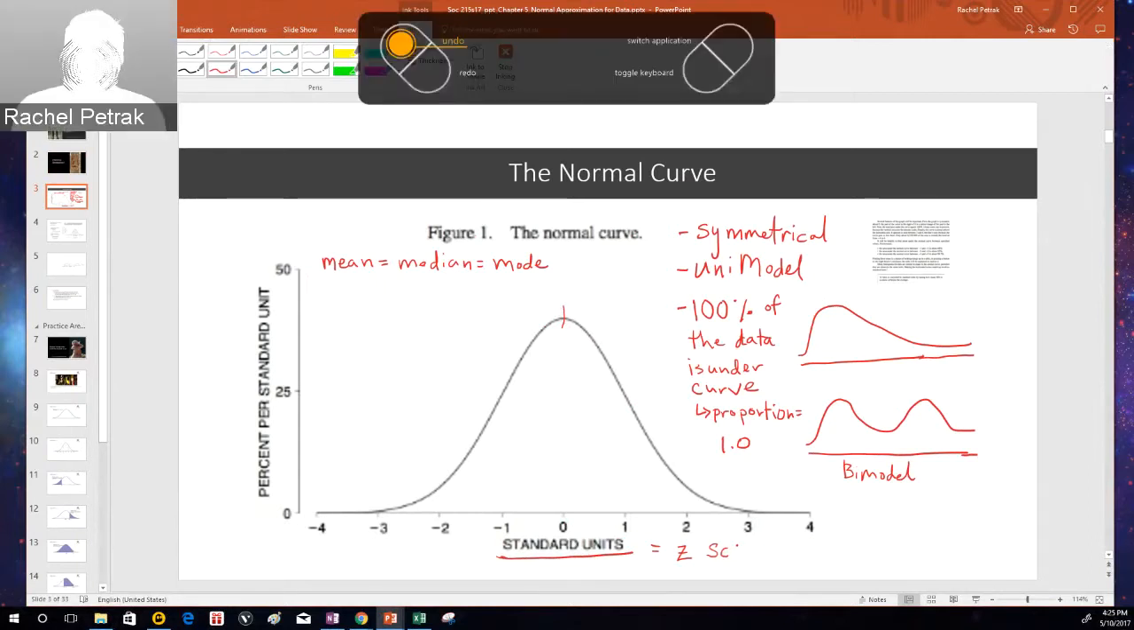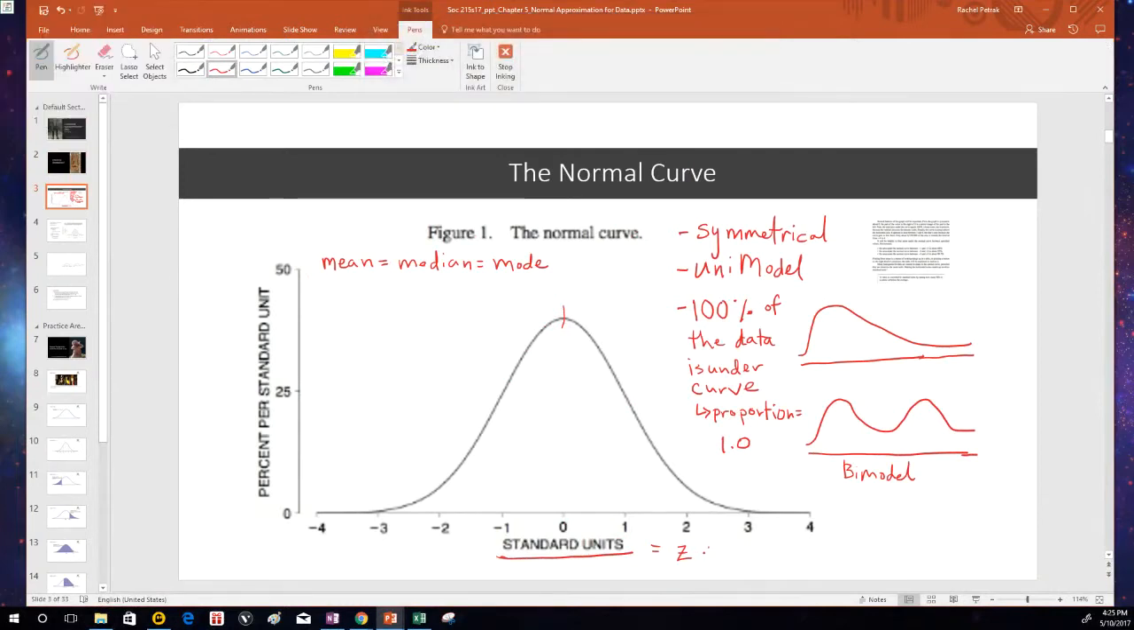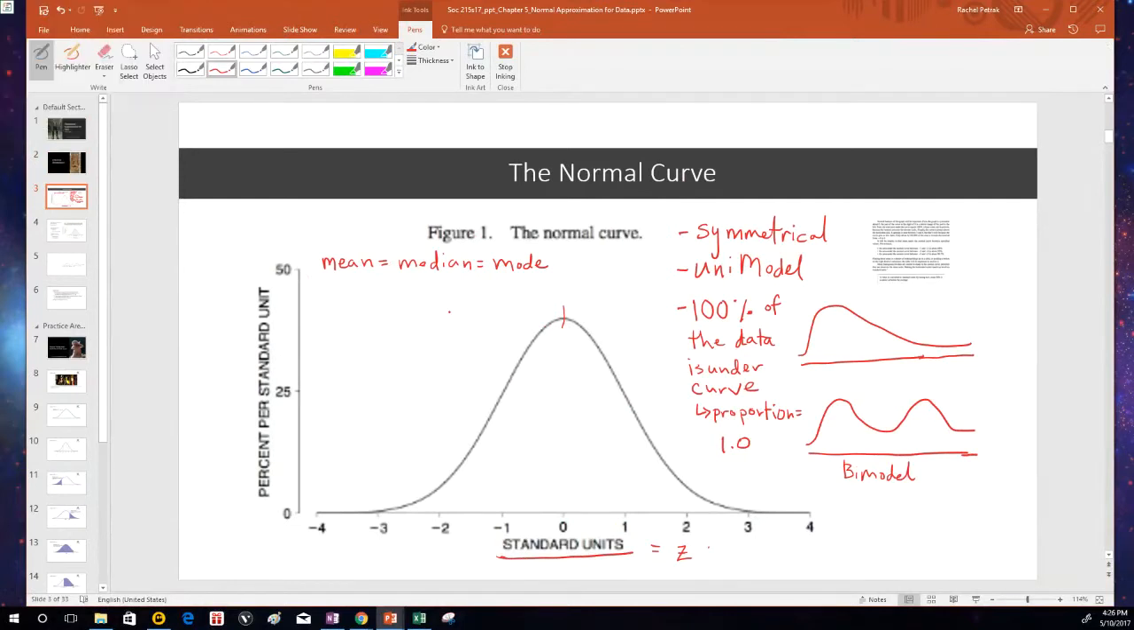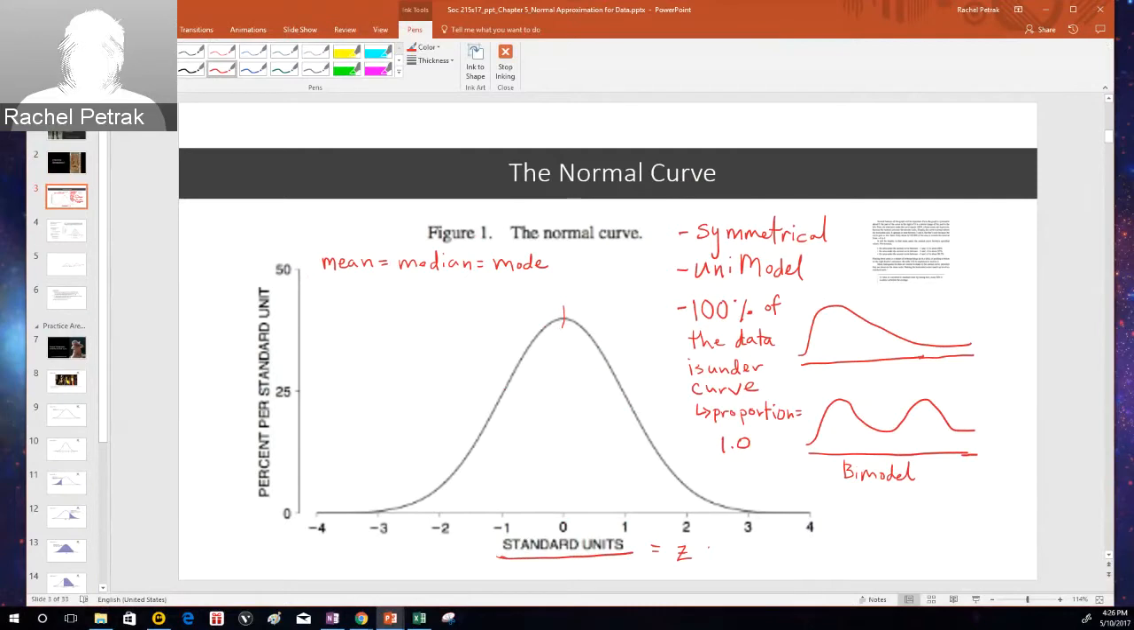Or I guess it might be more precise to say, well, these are z-scores. Z-scores are a type of standard unit. Standardized units can be used, as long as they're on the same scale, so standard units generally use the z-scale, or often use the z-scale in statistics, and you can compare across different distributions by using these